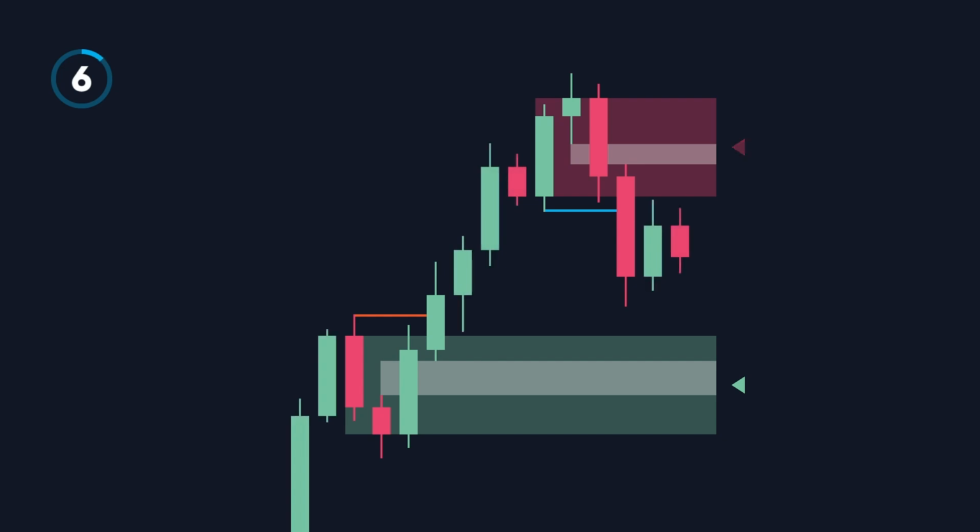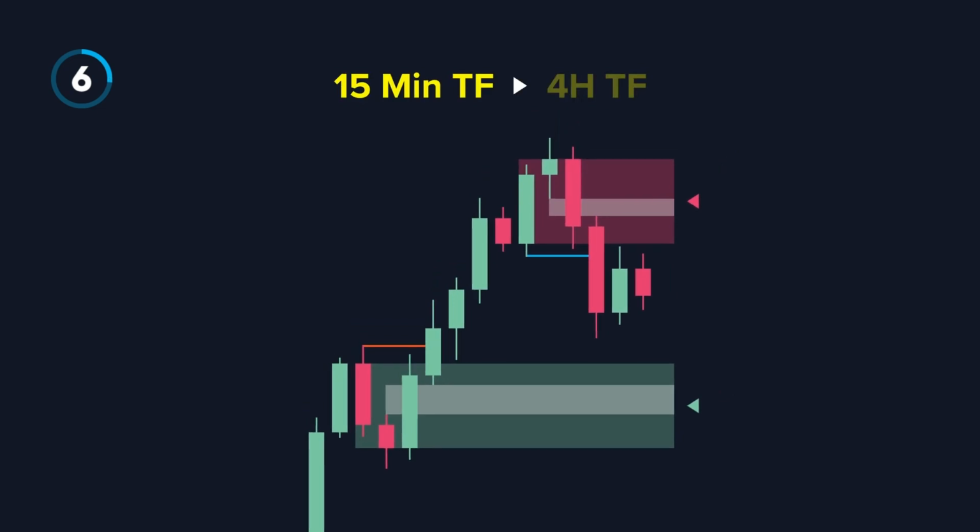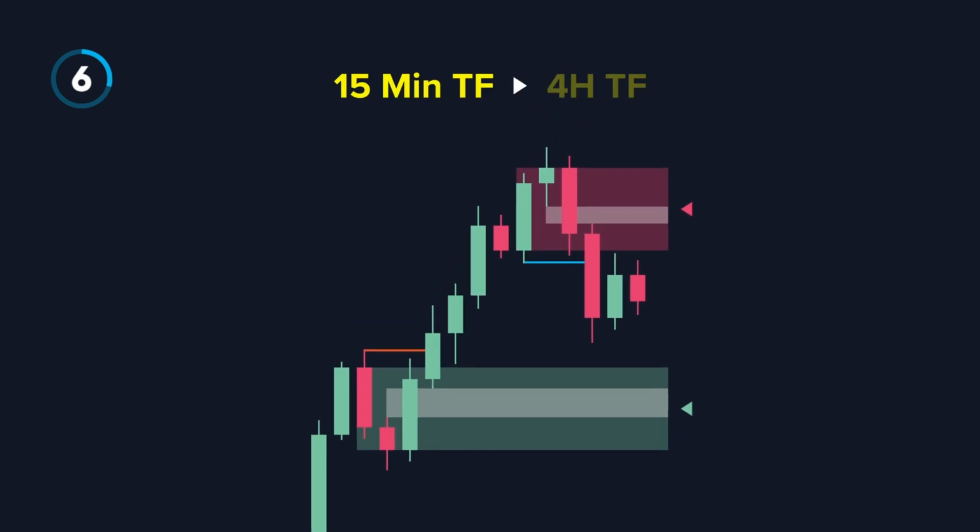But the issue here is that one of them is bullish, whilst the other is bearish, which means they are conflicting in their directional bias. And it's this type of scenario where a lot of traders become confused about which PD array is more likely to be respected. So this gives us a great example as to why we must always use top-down analysis,